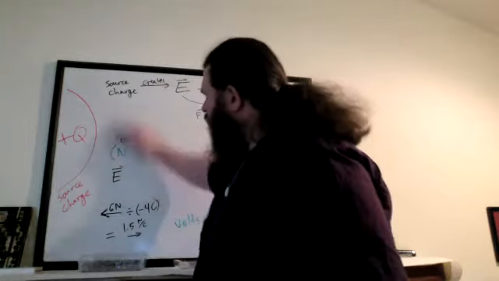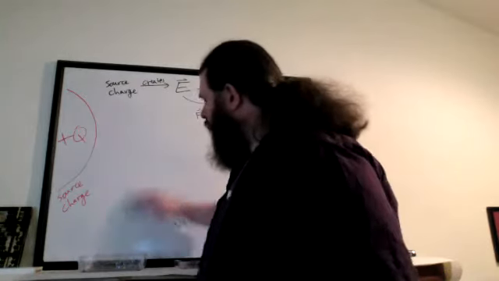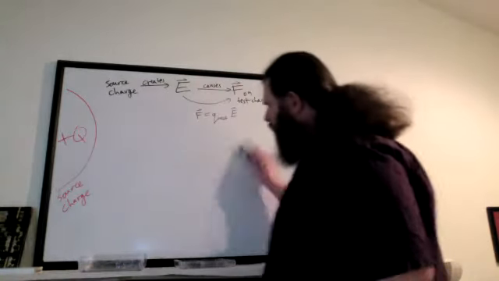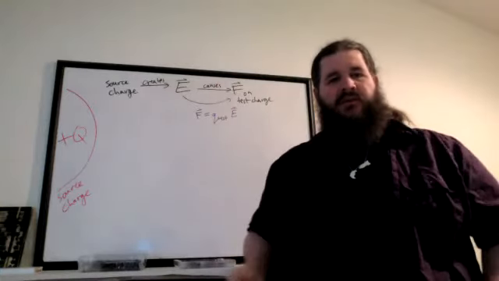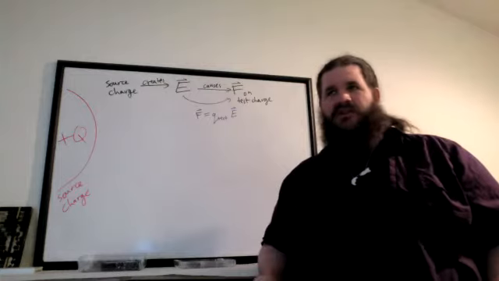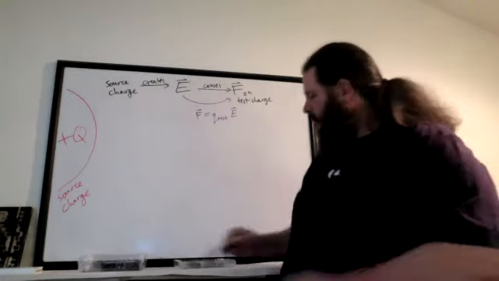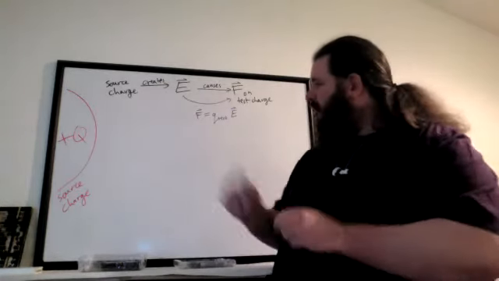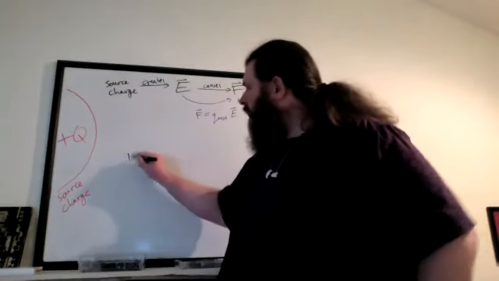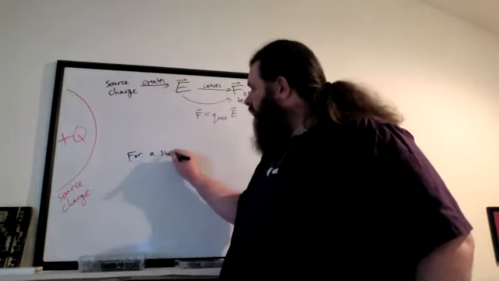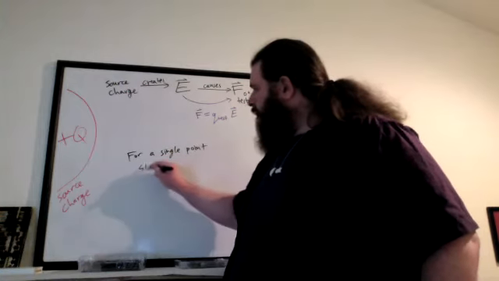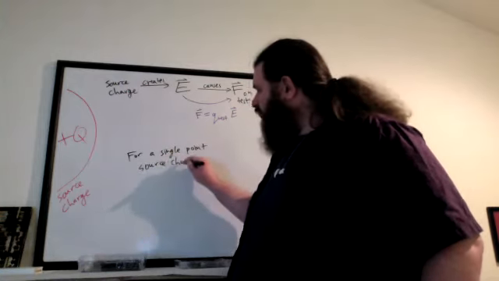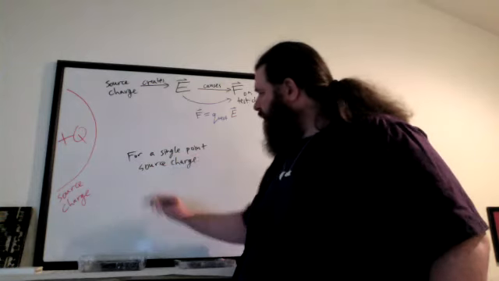The simplest case is if the source charge is just one single point object. Like if the source charge is just one tiny piece of charge, like a single proton or something, or even just the nucleus of a single ion, then we have a fairly straightforward formula for it. For a single point source charge, if all the charge we care about is concentrated at a single point in space,